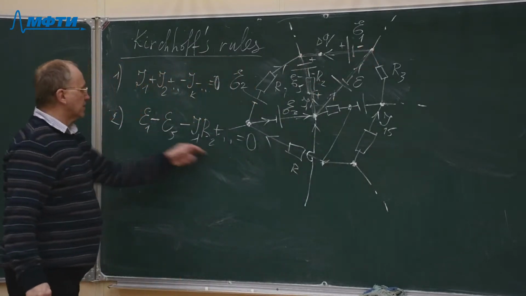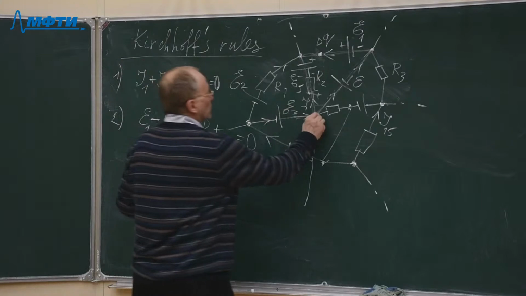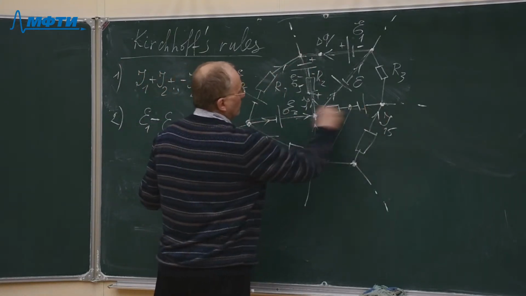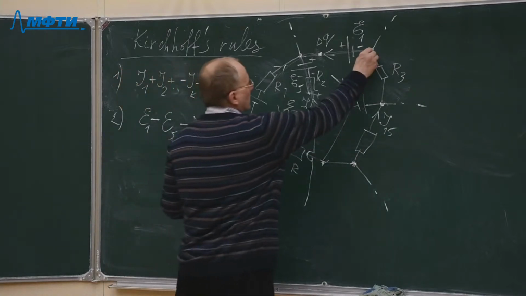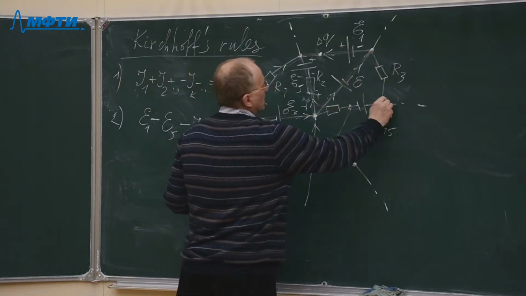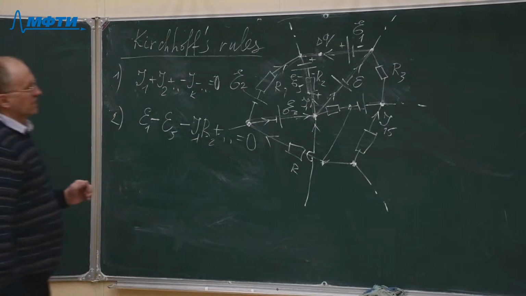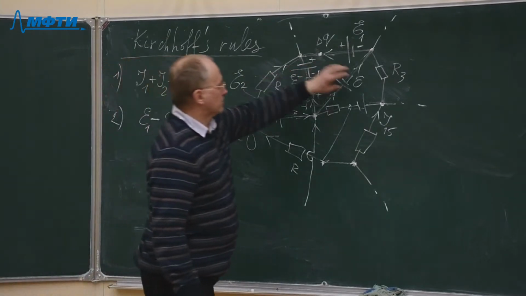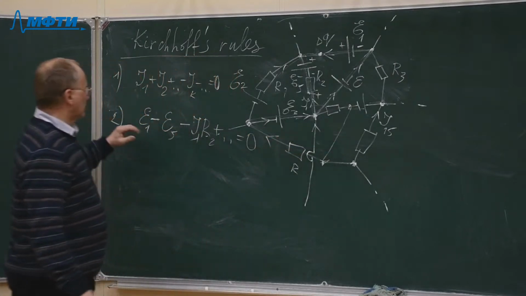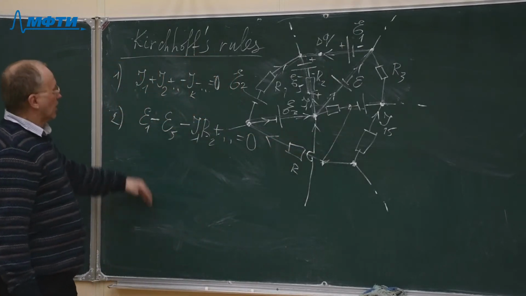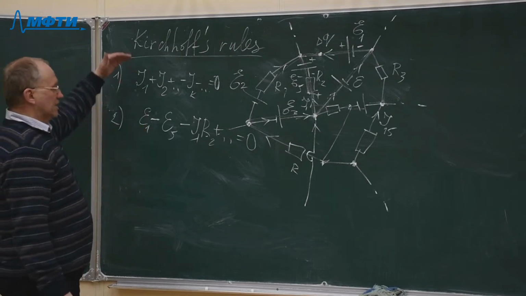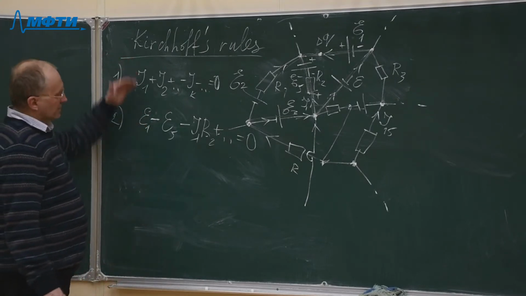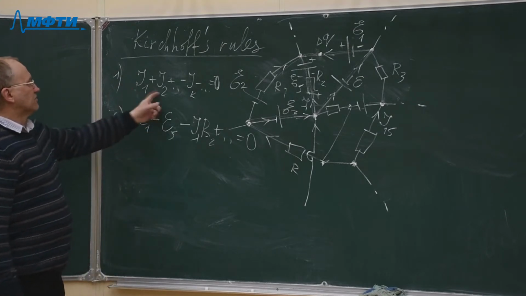And so the second equation will be written many times, for each closed circuit in this complicated circuitry, for each small closed circuit section. So if we have as many sections as 1, 2, 3, 4, 5, for example, then we will have 5 equations of the second type. And so we will have a system of linear equations, and the number of unknown variables in